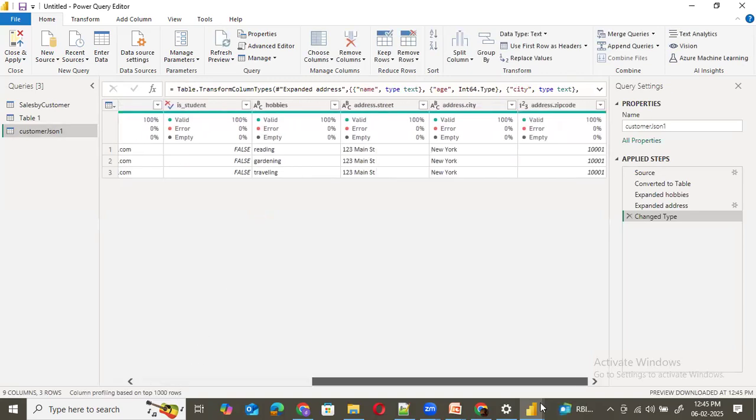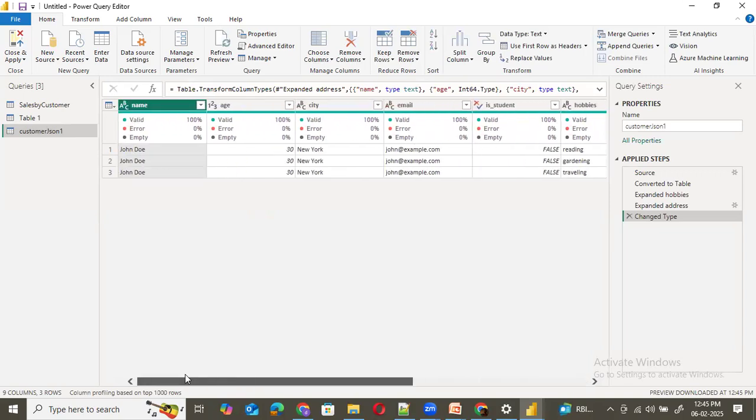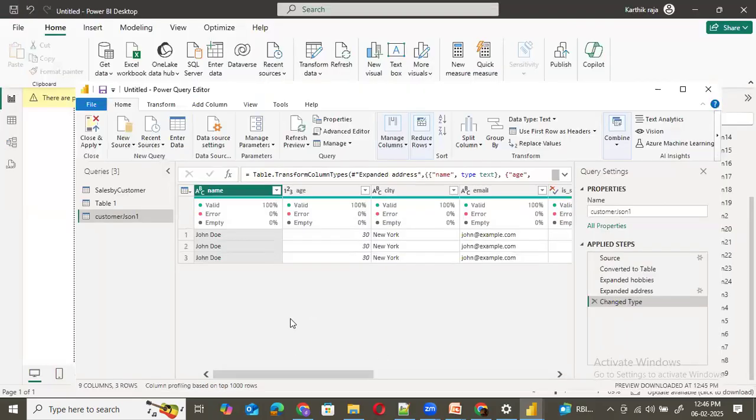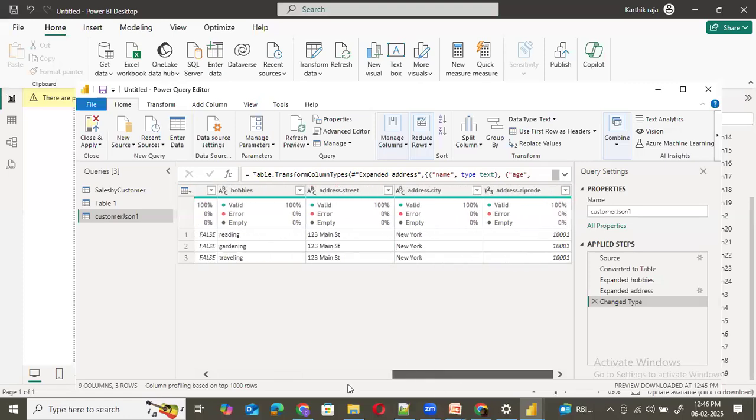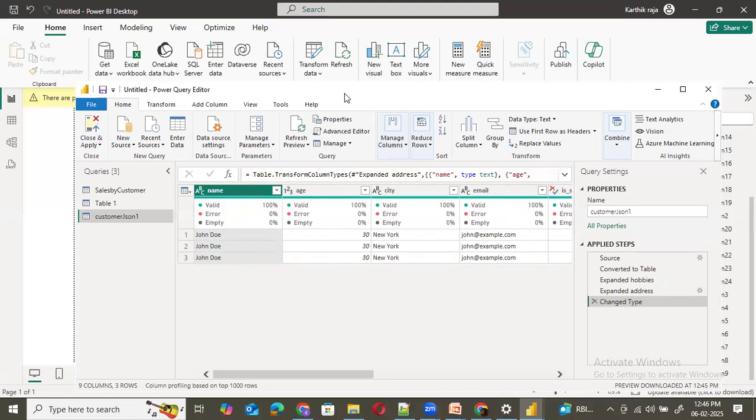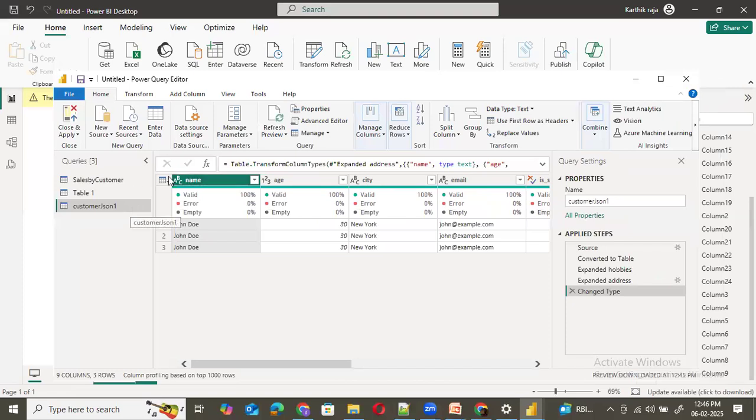Something different when it comes to JSON file, button. Instead of opening the preview window, data preview window, it opens up the Power Query editor. Look here, this is your Power Query editor, right? You can see this data here directly. So with this latest version, it is pretty straightforward. Only difference is instead of opening up the data preview window, it directly opens up the Power Query editor with